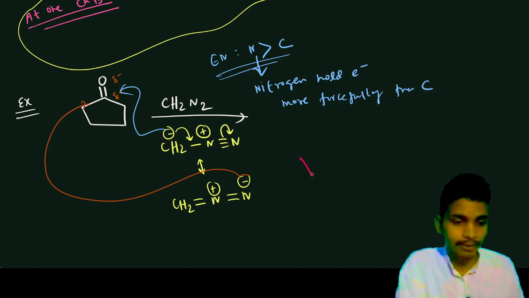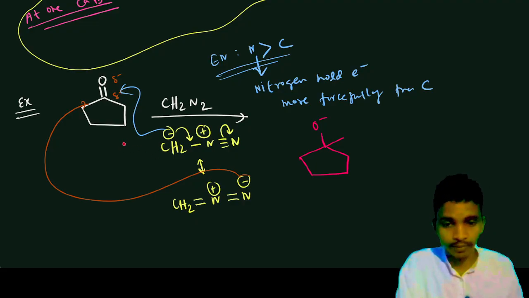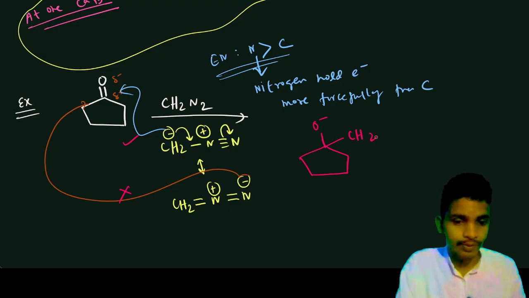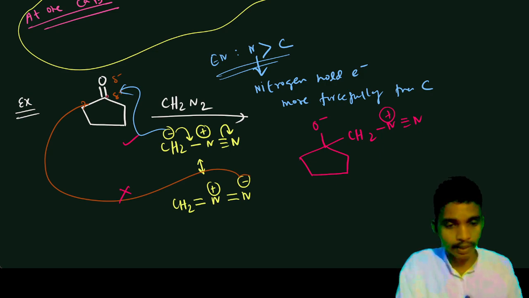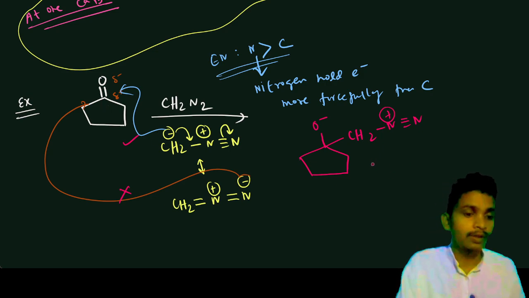So what will we get here? Okay, so this is going to be O minus, and here we will have, so this will attack. Okay, this does not attack. So here we have CH2 and this N triple bond N, and a positive charge is there. Okay, so this negative charge is neutralized after attacking this one. So now what will happen? This nitrogen gas will be released,